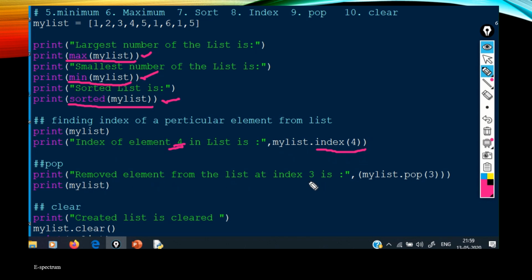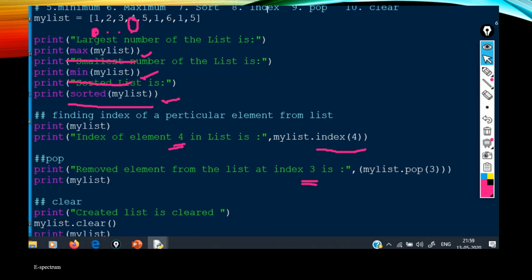Okay. Then I want to remove some element. I want to remove an element with index is equal to 3. Always you can observe that indices are starting with 0. Okay. So if this is 0, 1, 2, 3. So logically which element should be eliminated? I should eliminate 4 from my list. So I will be eliminating one element from the list.